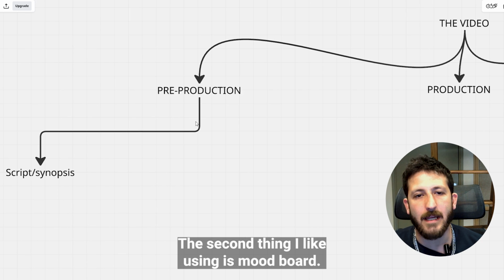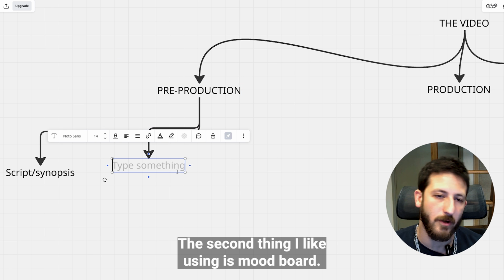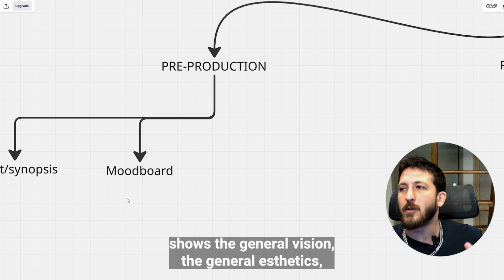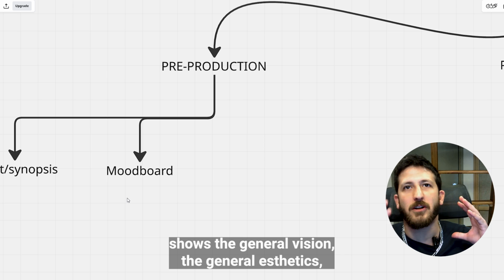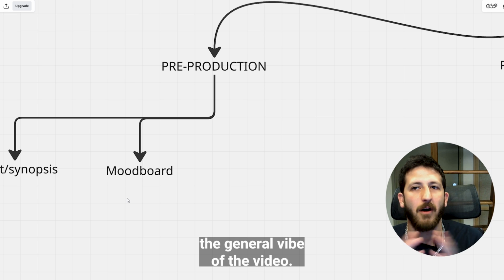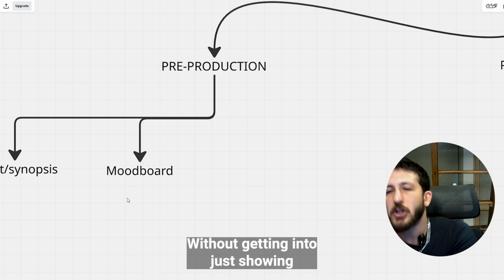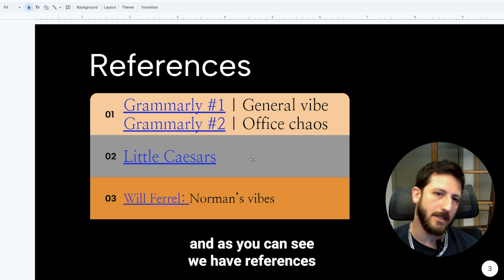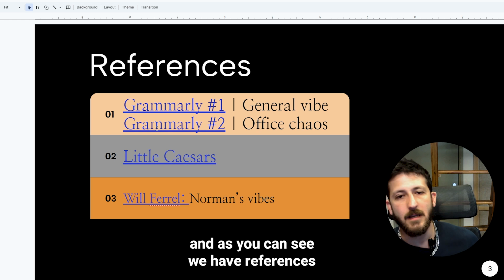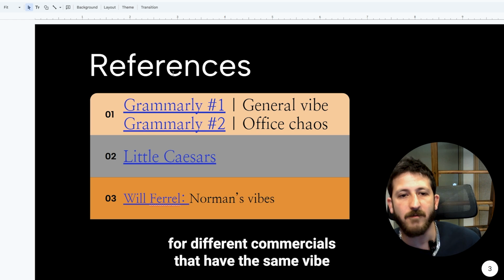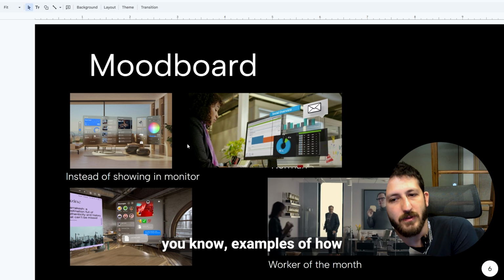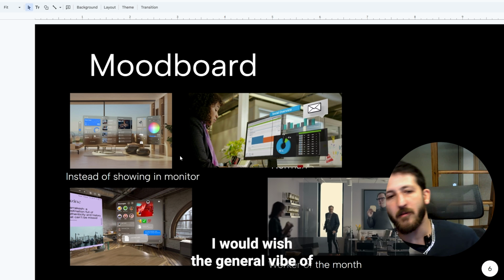The second thing I like using is a mood board. A mood board is basically a canvas. You can do it however you like. It shows the general vision, the general aesthetics, the general vibe of the video without getting into just showing what is going to be in the video. Here we have an example of a mood board, and as you can see, we have references for different commercials that have the same vibe that we are aiming for. We have some character typecasting and examples of how I would wish the general vibe of the video